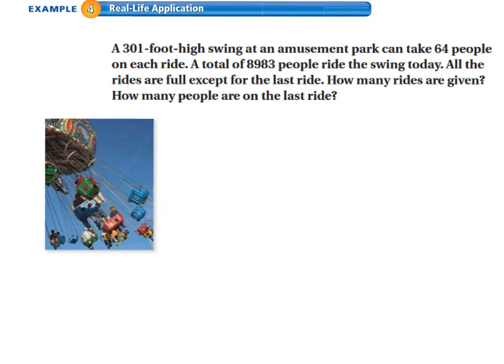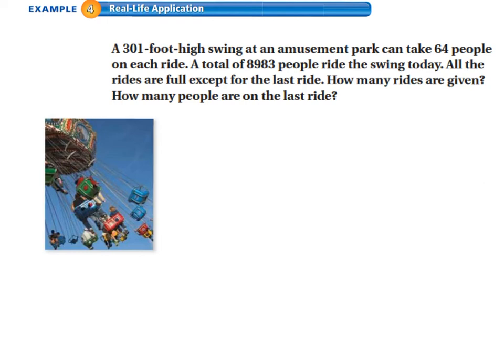Example 4. A 301-foot-high swing at an amusement park can take 64 people on each ride. A total of 8,983 people ride the swing today. All the rides are full except for the last ride. How many rides are given, and how many people are on the last ride? To find the number of rides given, I need to find the number of groups of 64 people in 8,983 people. The phrase groups of 64 people in 8,983 people tells me that I need to find the quotient of